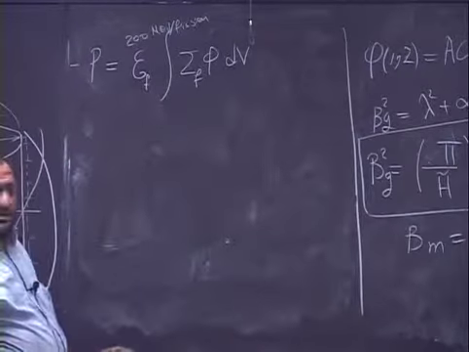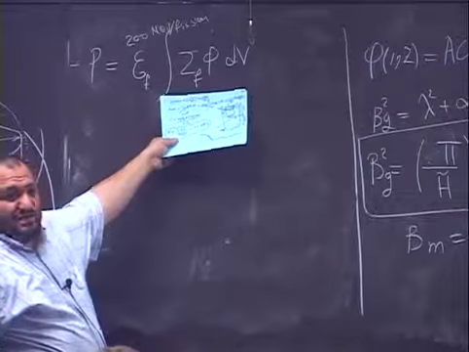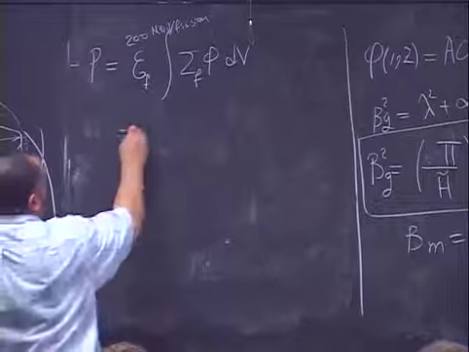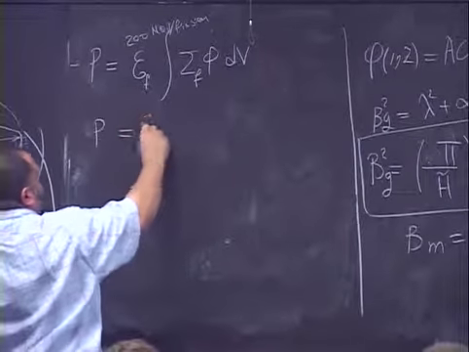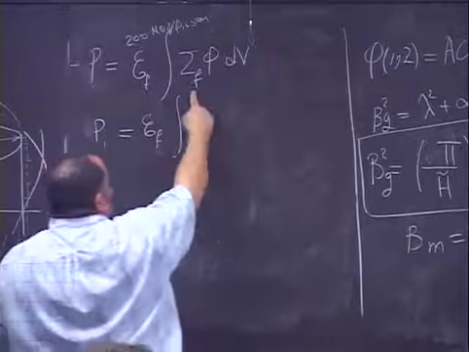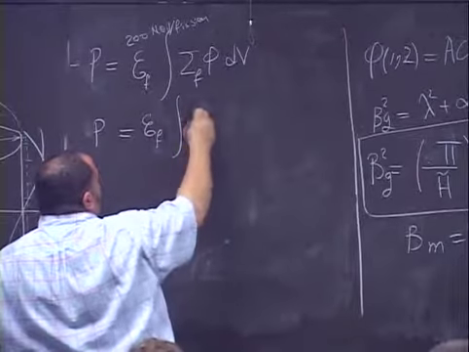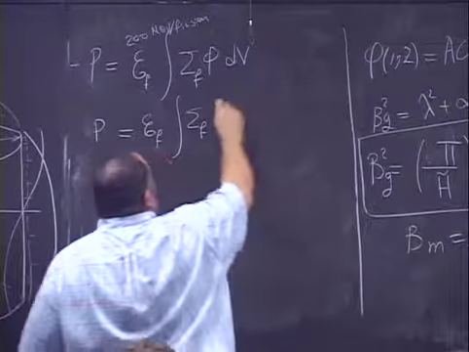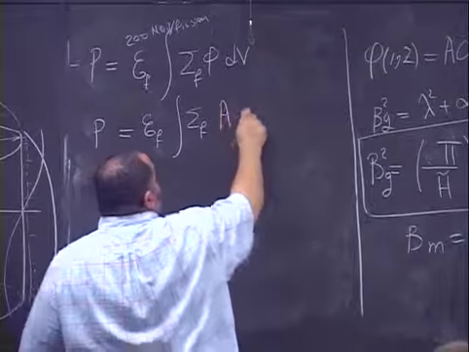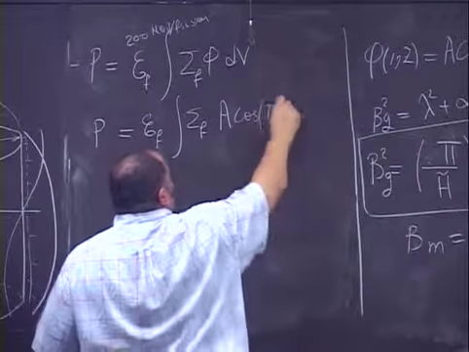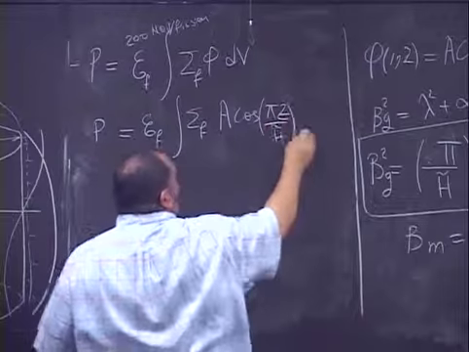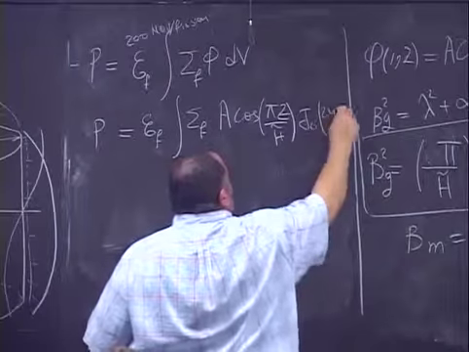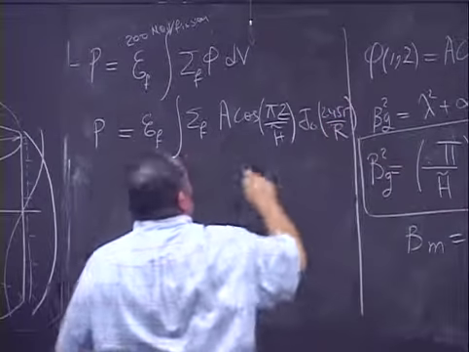Yes, guys? So this is the total number of what? Fission. And this is the energy per fission. So this will give me what? Power. Now, the power of the reactor is just epsilon F multiplied by sigma F, multiplied by the flux. What's the flux? I just showed you the flux over there. So the flux is A multiplied by cosine of pi z over H tilde, multiplied by J naught